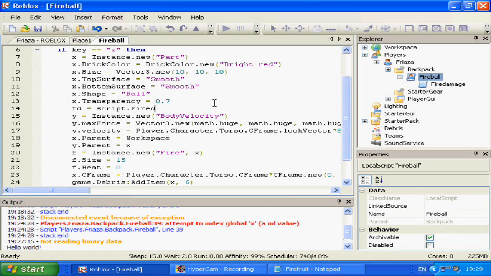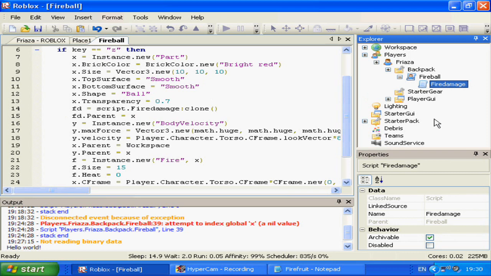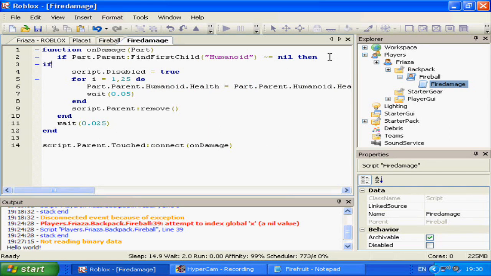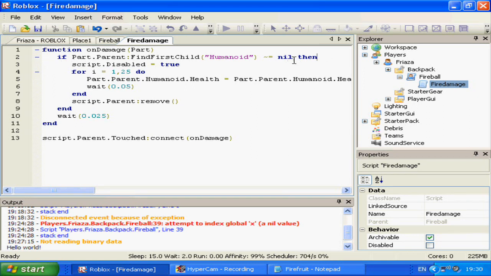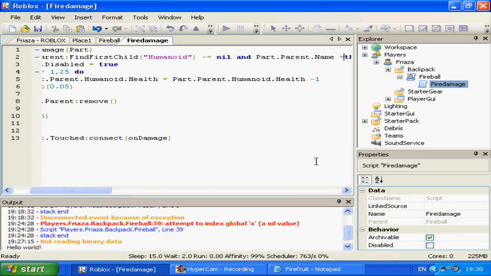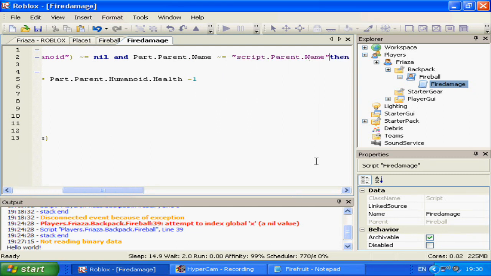Script dot fire damage clone, fd dot parent equals x. And one more thing, one mistake people make more often than you'd think: they let the attacks hit themselves. Don't want to spam with an if statement, so we'll put in an and here. Part dot parent dot name is not equal to script dot parent dot name, then this means that it can't